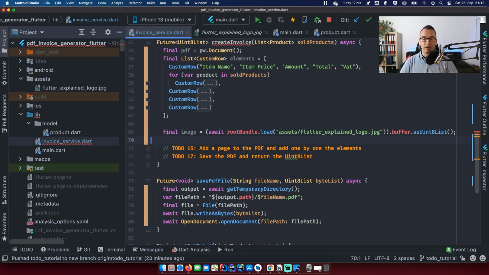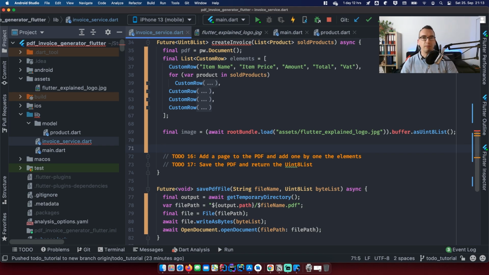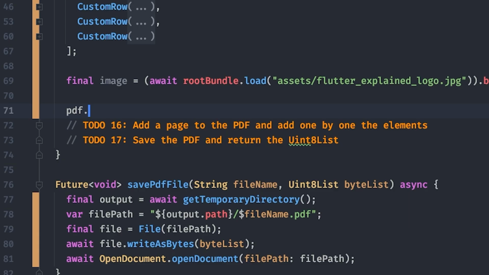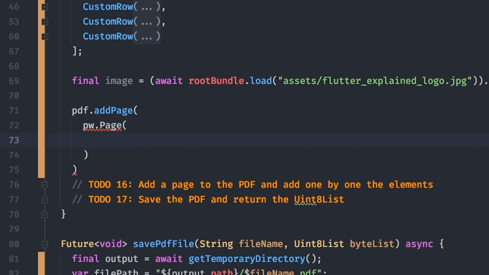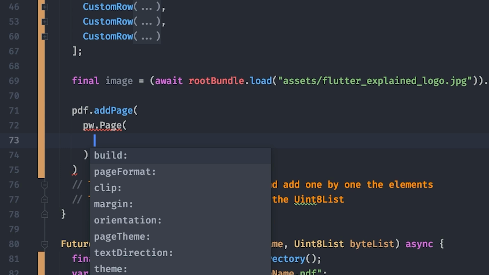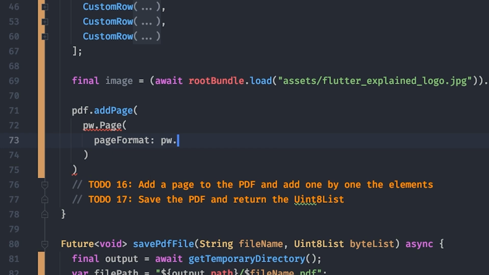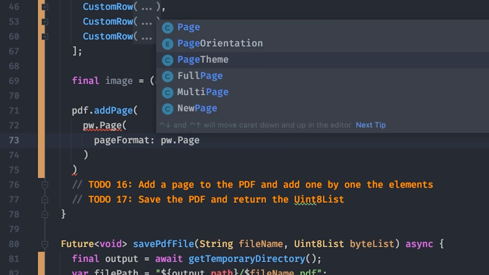All right, but now let's have a look on how we can create the page again. So we use PDF add page, right? So and inside of here, we have now to create the page. So pw page. And what we can also do is, and thanks to Flutter, we have now the possibility to see all the named constructor parts, and page format is, for example, something. And if we now use the pw page,